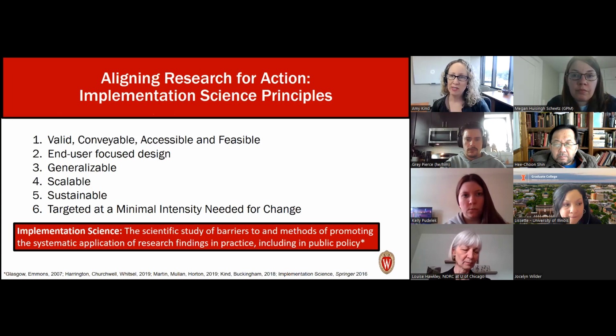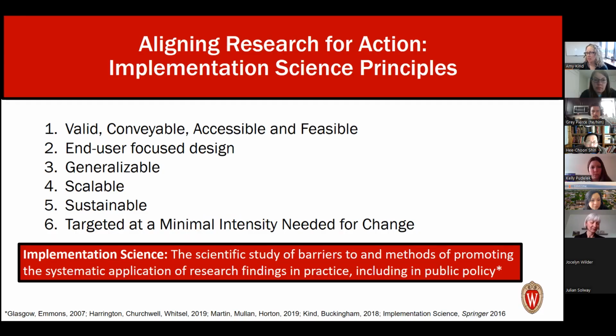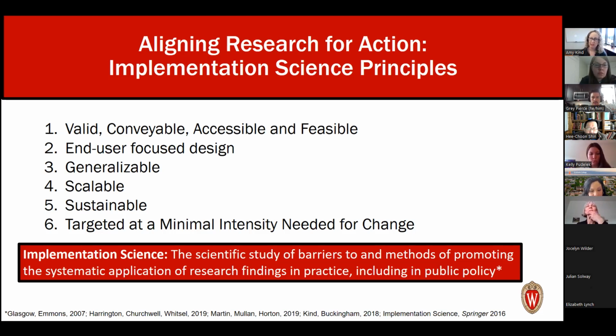So what does implementation science tell us? And again, this could be entire courses. I know at the University of Chicago, there are entire courses on implementation science, but just to give you a taste. Implementation science is the study of the barriers and methods to promoting the systematic application of research findings in practice, and especially in public policy. And a lot of the information I'm going to share with you today is really aligned towards clinical interventions as well as policy interventions. But some of these principles, if modified, could be applied towards the basic scientists and pharmacologic transitions as well. But thinking about clinical interventions and social interventions, first of all, our science has to be valid,